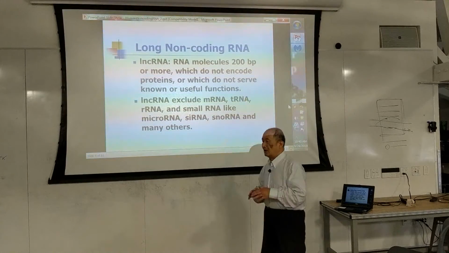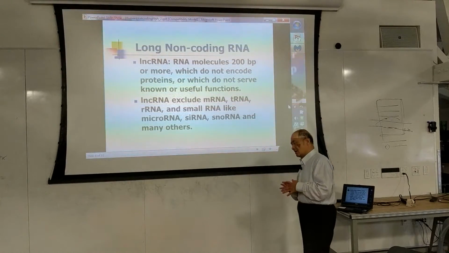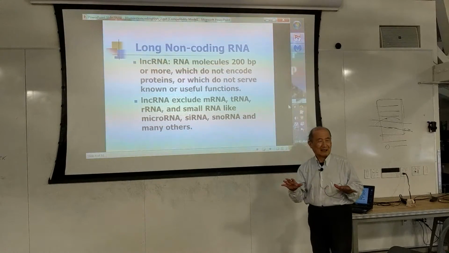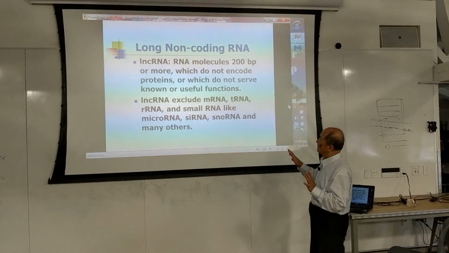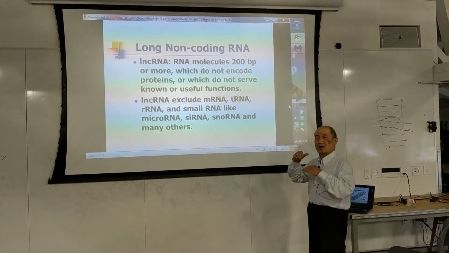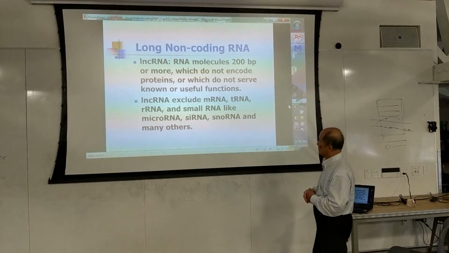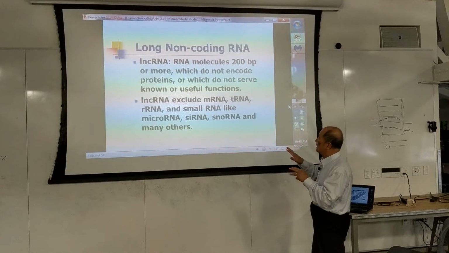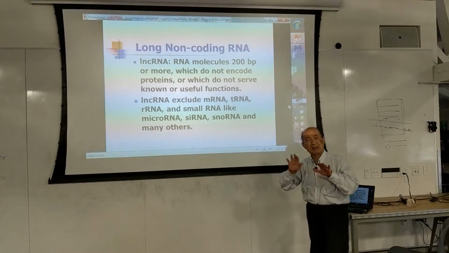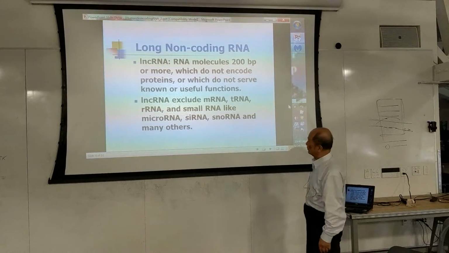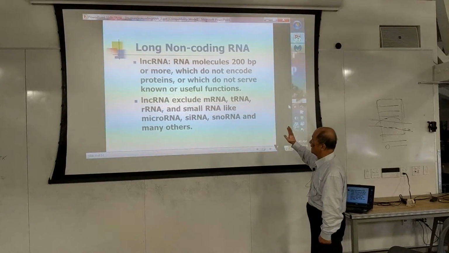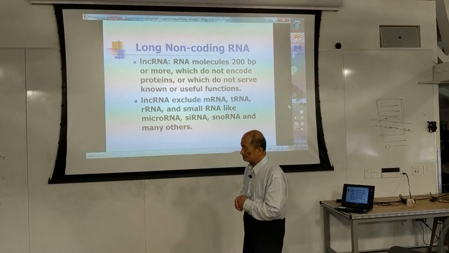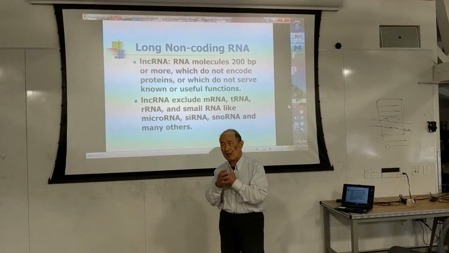Long non-coding RNAs are arbitrarily defined as RNAs which are bigger than 200 base pairs. So in long non-coding RNA, they exclude messenger RNA. Messenger RNA, we know, is used to produce proteins. And tRNA and rRNA are RNAs which are used by the ribosome. And the ribosome is the machinery which translates